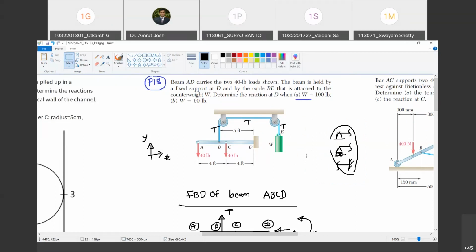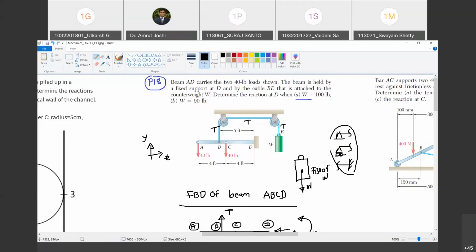But what is the technical procedure? If you want to do the technical procedure, you draw the free body diagram of the weight. You have to consider it in equilibrium and then prove it to be equal to weight. Not consider, it is in equilibrium, because as per the question, it is in equilibrium. Yes, correct. So therefore, what we have to show, this is W. Are you with me? Free body diagram of the weight. This is FBD of weight. Are you with me? Yes. That's what I am drawing.